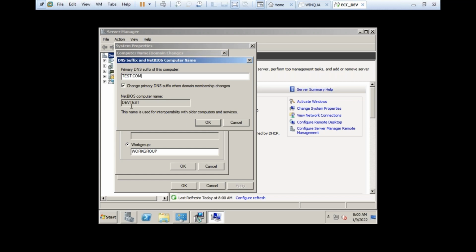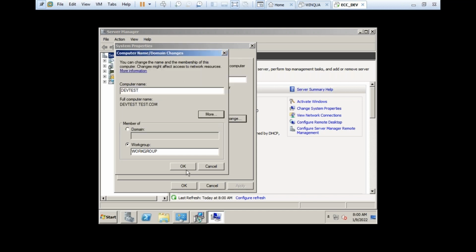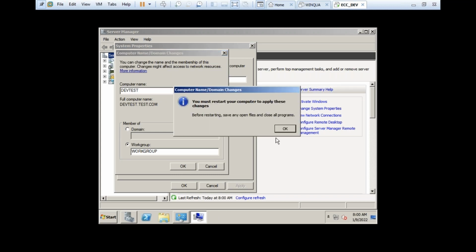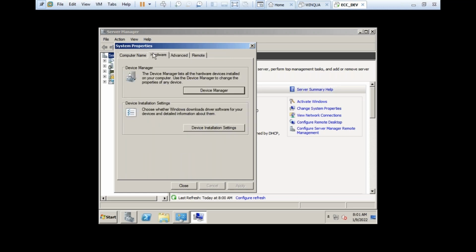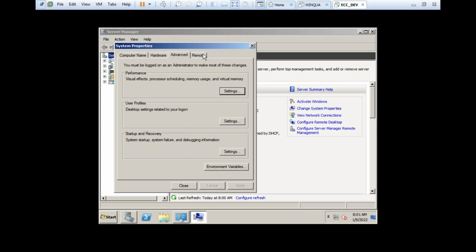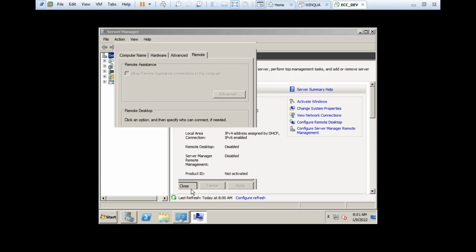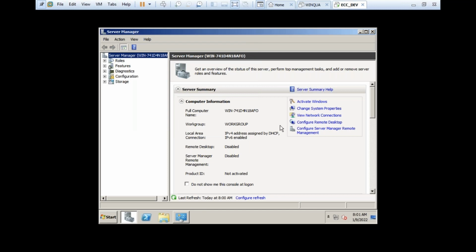Now the name will be devtest.test.com. We have done two things: we set the virtual memory and we also changed the computer name.